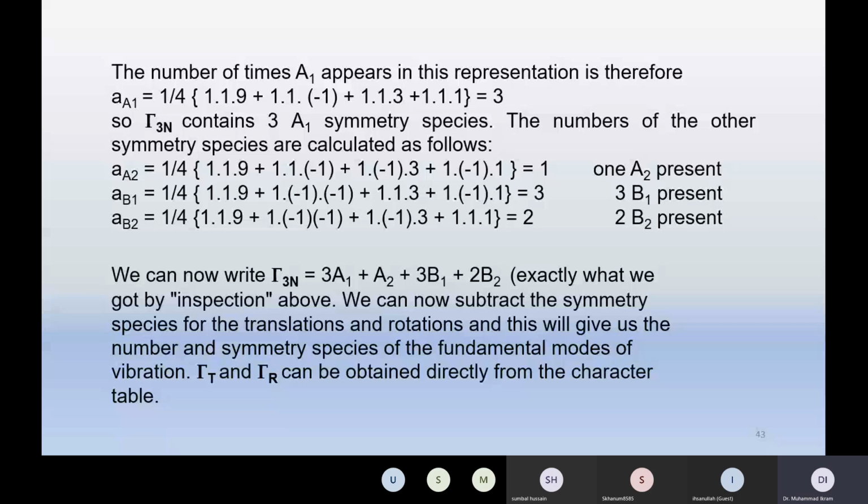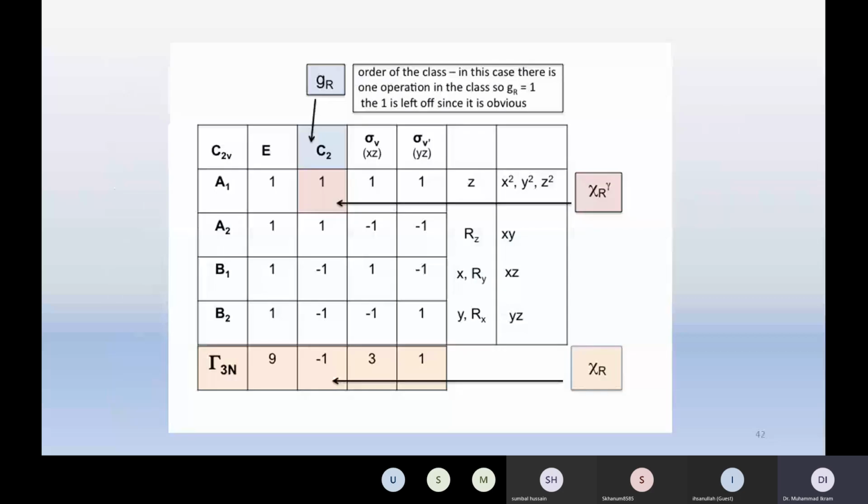We can now subtract the symmetry species for this translation and rotation. This will give us the number of symmetry species of the fundamental modes of vibrations. अगर आप करेक्टर टेबल को देख लें तो इसमें आपको ट्रांसलेशनल मोशन नजर आते हैं, लाइक इन Z, X, Y, एंड रोटेशंस नजर आते हैं, RZ, RY एंड RX. इसमें आपको वाइब्रेशंस नजर नहीं आते। तो वाइब्रेशंस आप ऑब्टेन कर सकते हैं बाय जस्ट ओनली सब्ट्रैक्शन, ठीक है, फ्रॉम द टोटल डिग्री ऑफ फ्रीडम।